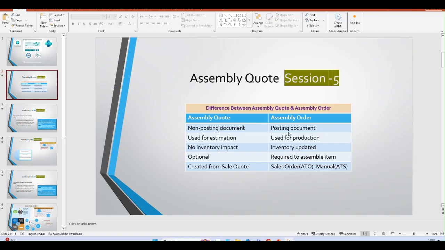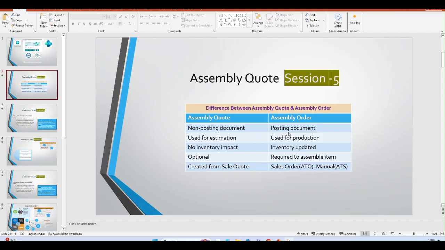Assembly orders are created for items we need to assemble, for a sales order, meaning assembly to order, or manually, as we know from earlier, assembly to stock. There are two properties of the assembly order item. So this is all about the assembly quote as well as the assembly order.